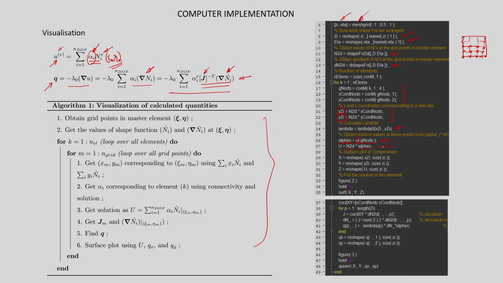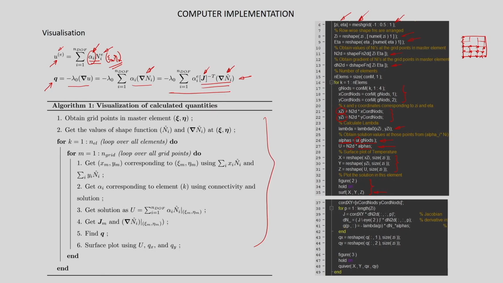So, that u gives us the temperature in that element at all those grid points. Then we again reshaped it back, because we have to provide MATLAB the format we started with. Alright, and we plotted it as a surface plot. So, this shows us the temperature distribution in each of the elements. If we run over all the elements, we will get the temperature distribution in the whole domain.